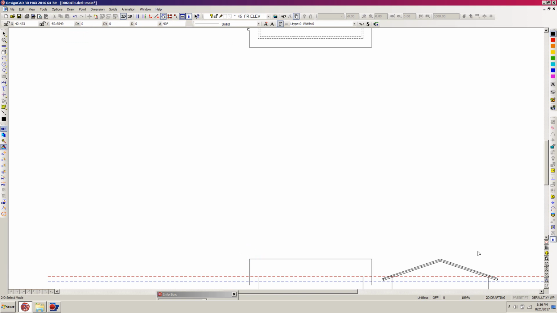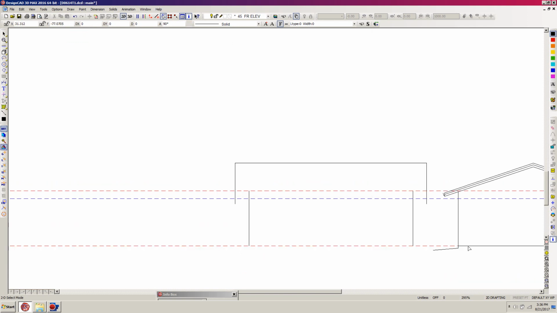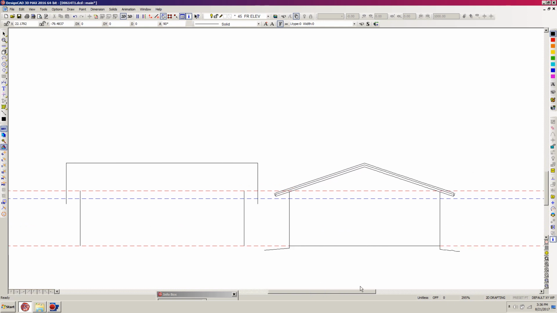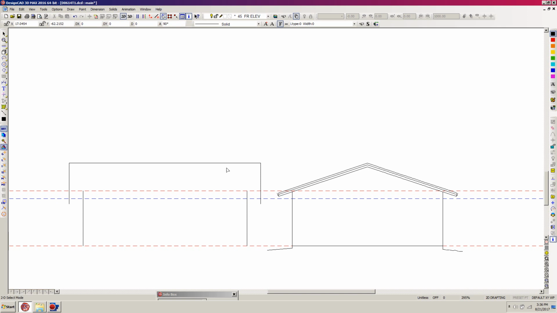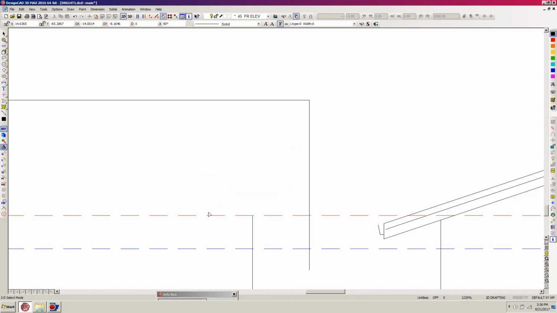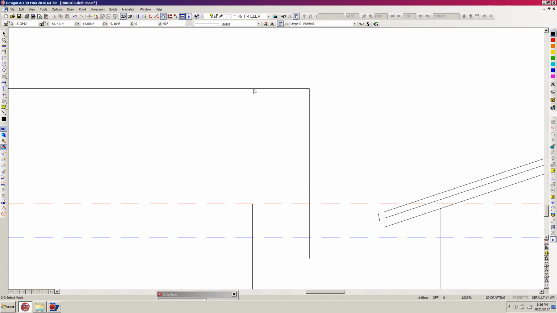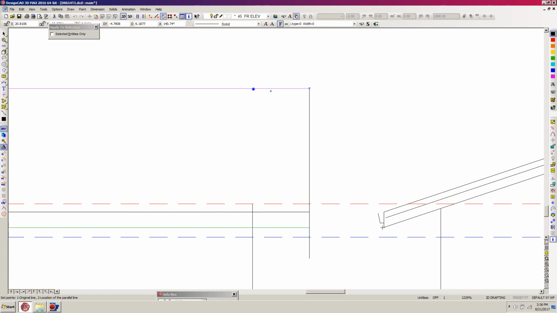Now I'm going to hit Control M to zoom back up maybe one more time, and scroll over here a little bit. So we have our ridge line. Now what I need is the top of our fascia line. So I'm going to use this ridge line and hit equals and click near it and come on down and just right click at the top of our fascia. And then I'm going to do the same thing again, equals or parallel, click near that, come on down to the bottom of our fascia and equals again